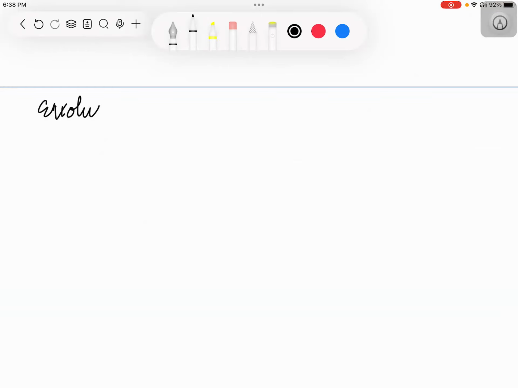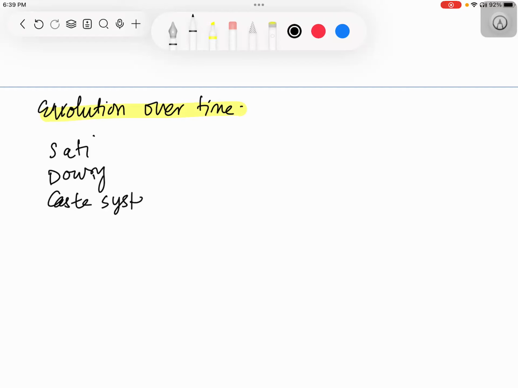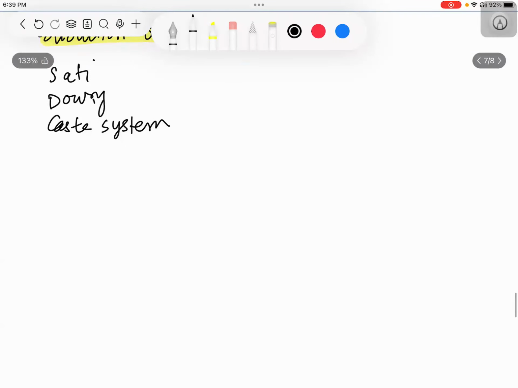Now next part of essence. One can say that ethics evolves over time. So here you can give the example of sati, you can give the example of dowry, how it has evolved in India. You can give the example of the caste system, right? You can recently talk about the recent cases of